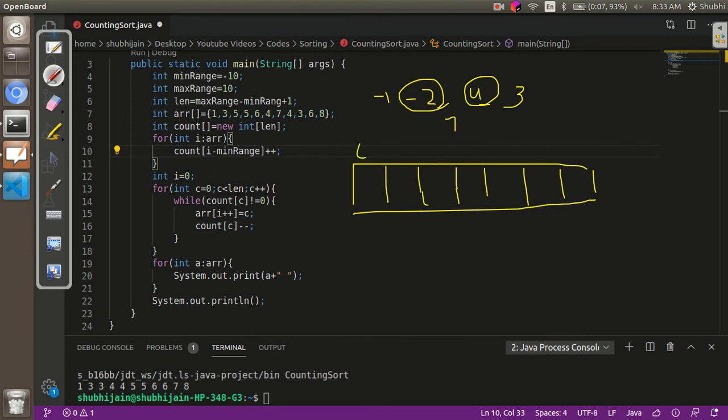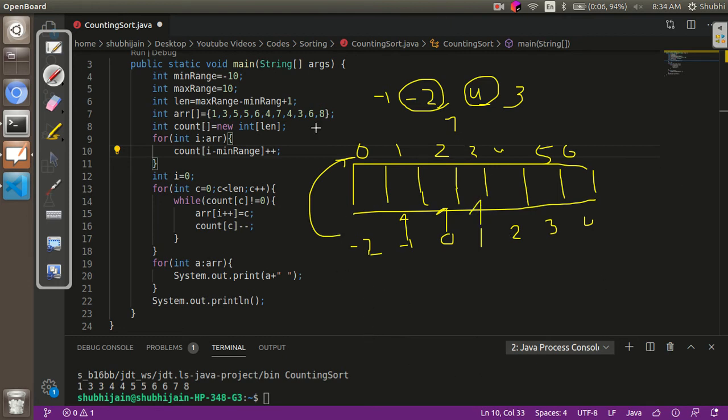The indexes will be 0, 1, 2, 3, 4, 5 and 6. The elements whose frequency I have to store are -2, -1, 0, 1, 2, 3 and 4. So I have to map -2 to 0, -1 to 1, 0 to 2, 1 to 3 and so on.